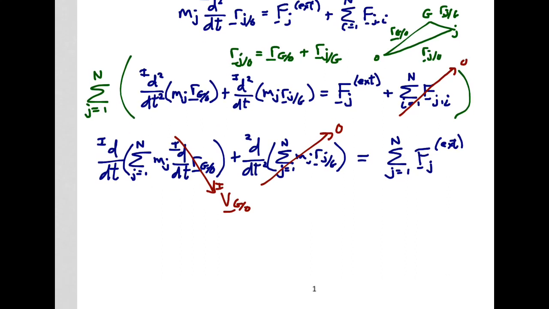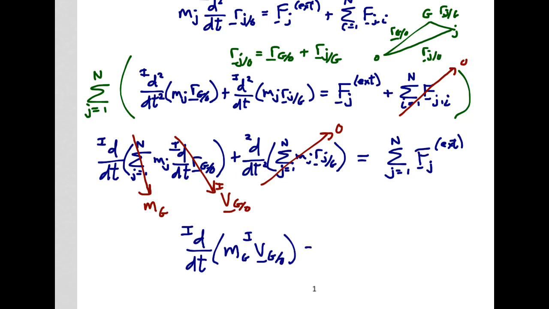So from this we get a new equation, and that's the time derivative as observed in the inertial reference frame of, and so the sum of mj here is mg, and so it's the time derivative of mg multiplied times the velocity of g with respect to o as observed in the inertial reference frame is equal to